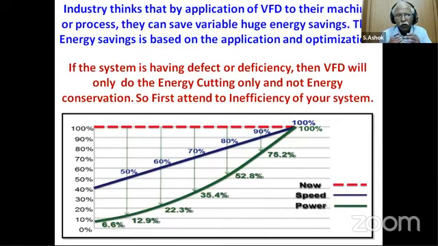Now, this power saving is very much possible in a blower, but it is not as possible in pumps, because pumps need a minimum static head, whether primary or secondary pumps. Only after overcoming that can they be optimized to achieve savings. So the percentage of energy savings achievable in a blower is much more compared to the pumping system.